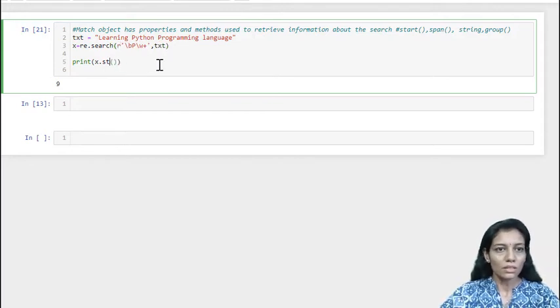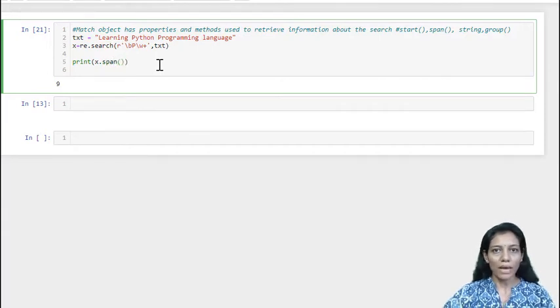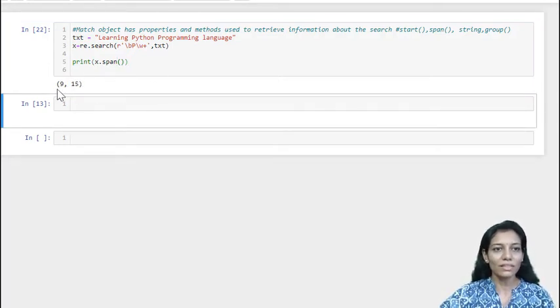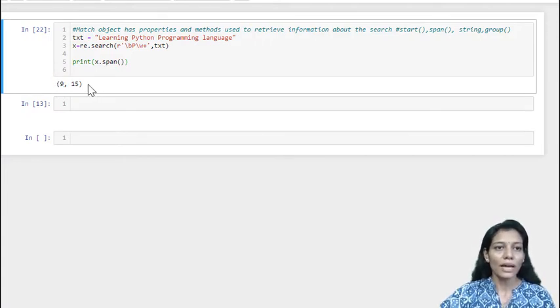Here our raw string pattern is used by search and the match object will be returned. I want to find out the span. Span will give the starting and ending point of my match. Yes, it has given the start as 9, which we already found earlier, and the ending location is 15.